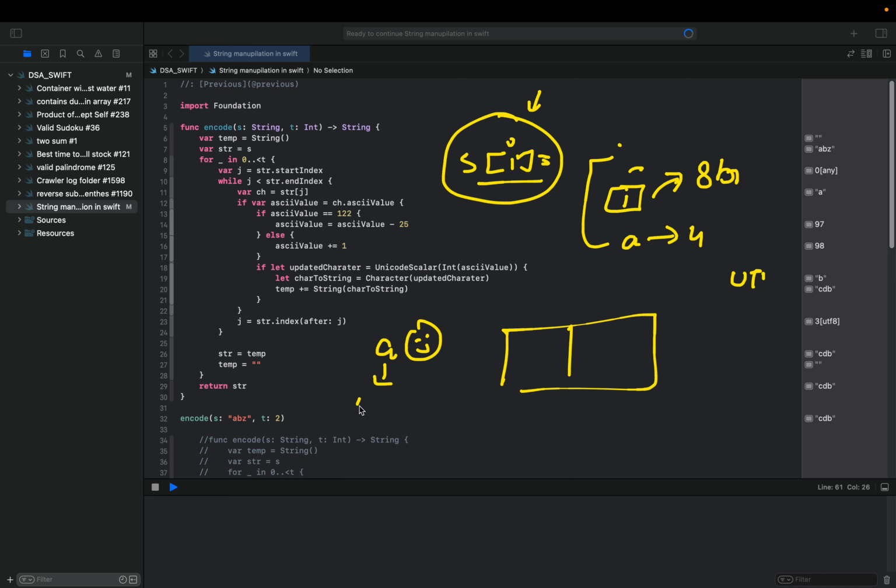Say A is at address 104, and then the emoji takes 8 bits, so the next character would be at 108, and then character B, after 8 bits, would be at 116. So you cannot say go to the character at i, that is not possible. In this scenario you need the indices approach that Swift gives us by default. We can use it to iterate over strings, because if an interviewer asks you to tell whether a string is a palindrome or not,